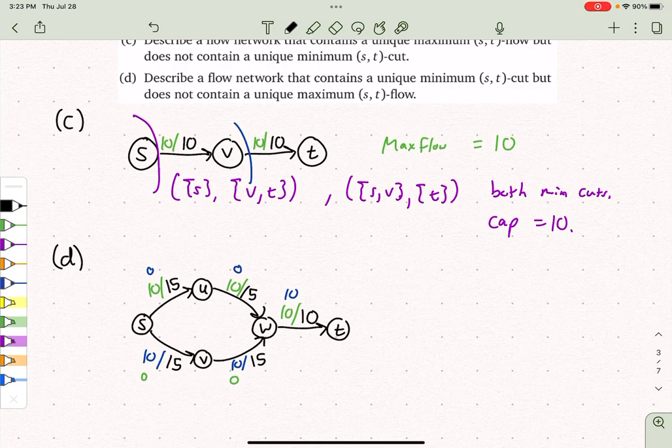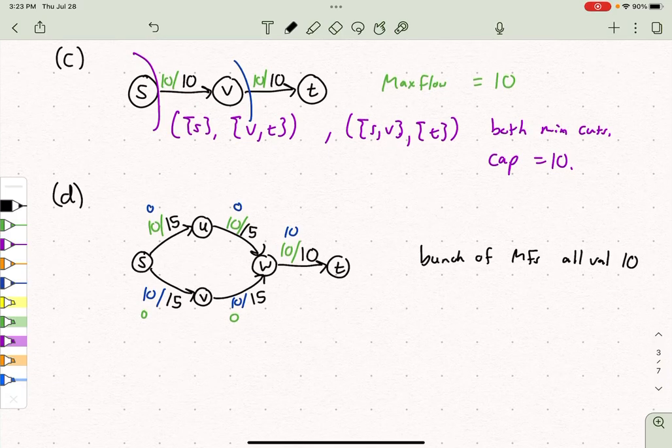So there's two primary max flows, and you can also take a combination. So you could have 5 going up the up path and 5 going down the down path. Either way, there's a bunch of max flows, and they all have value 10. But there's only one min cut, because there's only one critical bottleneck. So the only bottleneck here is right here. So only min cut